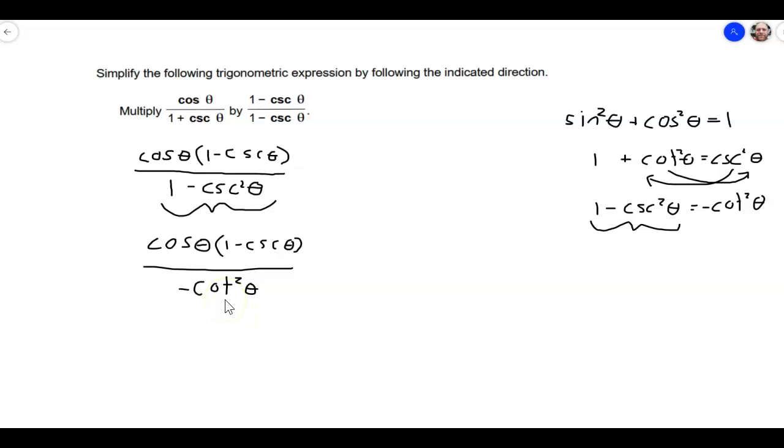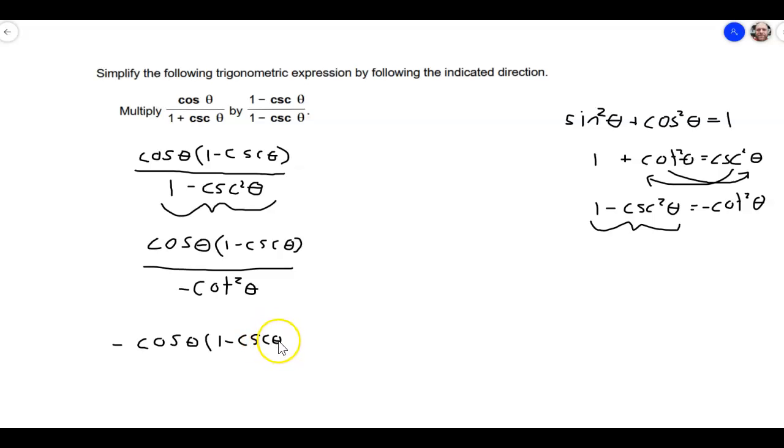Remember, cotangent is cosine over sine, and cotangent squared of theta is cosine squared of theta over sine squared of theta. And don't forget that we can multiply by the reciprocal of the denominator when we have fractions over fractions. So I'm going to really write this as, I'm going to pull the negative out front, and I'm going to write this as the cosine of theta times, so I just have one negative, so I'll put it right out front of the whole fraction, times 1 minus